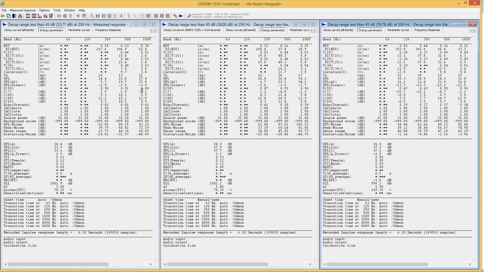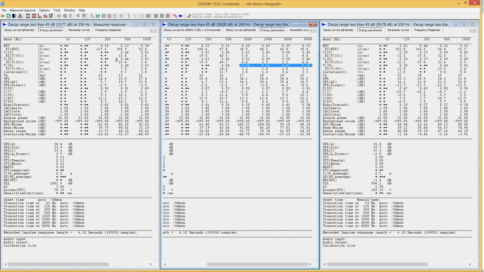So we have 3 different hand claps, and let's see if we have the same data. When it comes to EDT, there can be quite some difference here. It's not very precise. But when we look at a parameter like T30, we can see that indeed we have almost the same value.